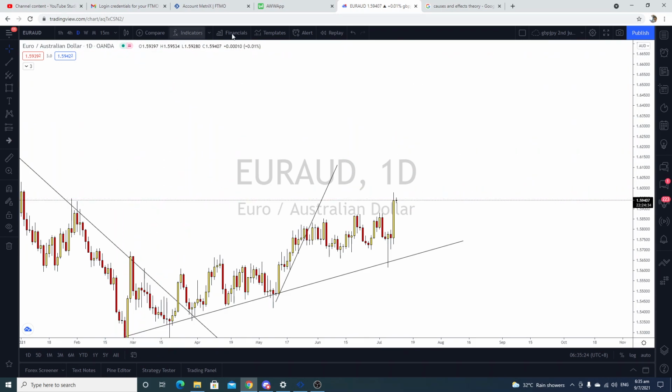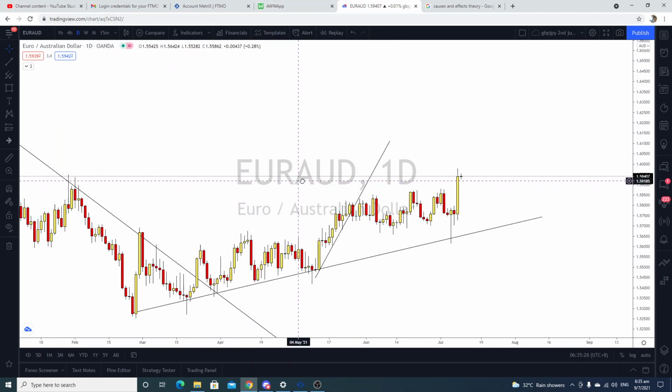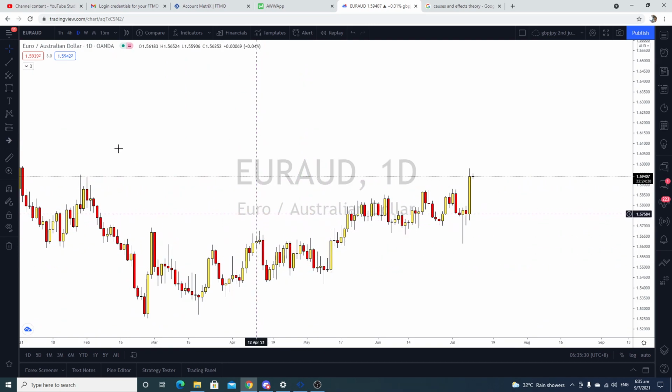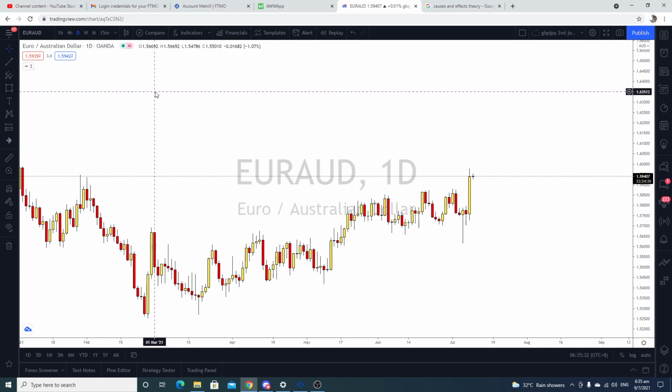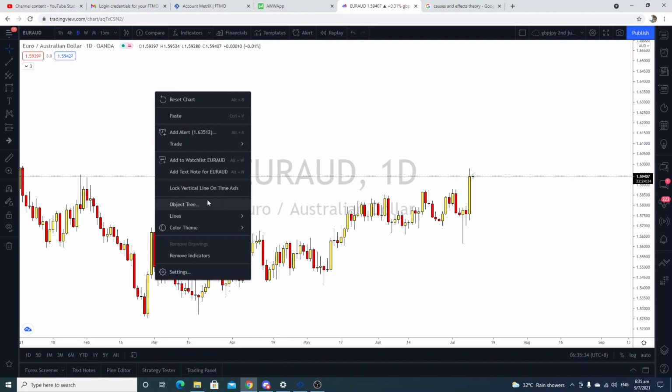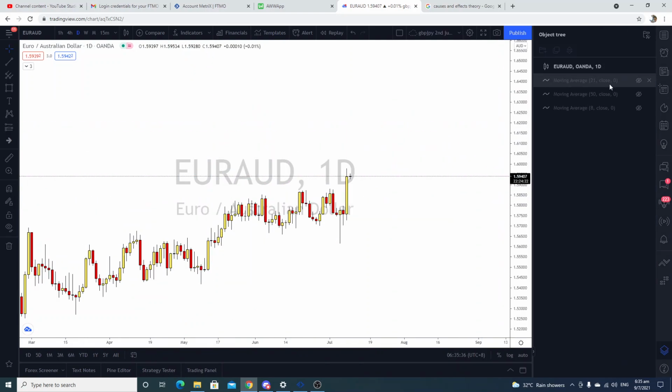Second thing is why I do not use indicators. So I'm just going to go into indicators. Okay, there's a lot of indicators that people adopt. Okay, there's an 8, there's a 21, there's a 50, there's a 100, there's a lot, 200. But the thing is, right, the more high you go, the more unrealistic it's going to be.